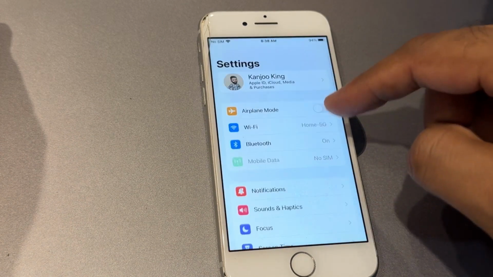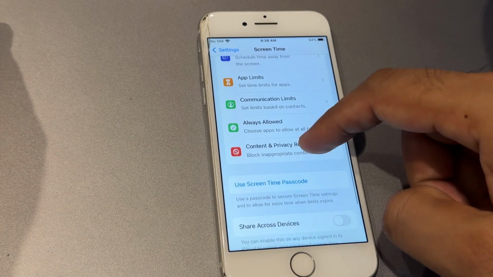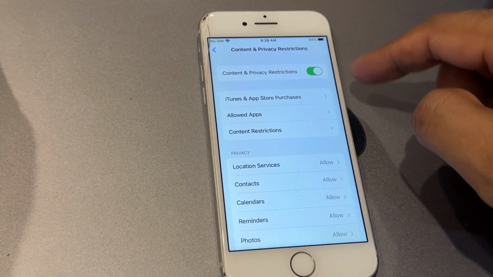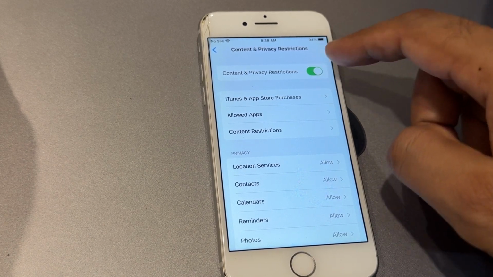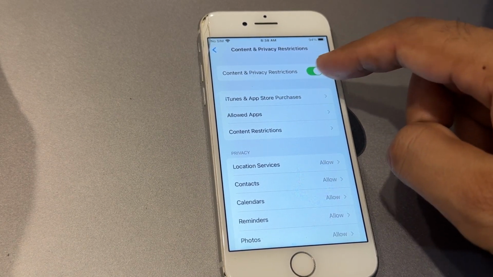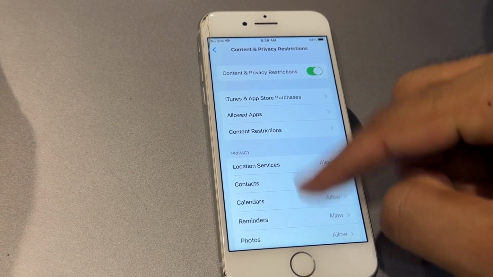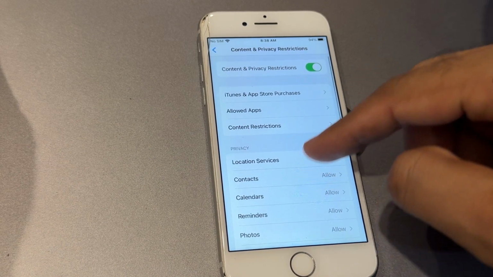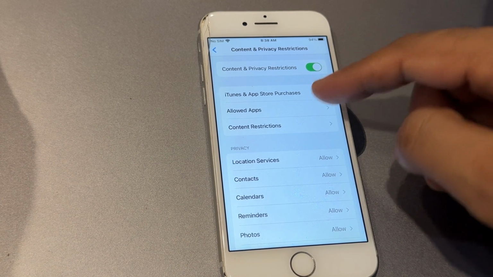Go back to Settings, tap on Screen Time, then tap Content and Privacy Restrictions. Now, if Content and Privacy Restrictions is turned on at the top, tap into it and let's check a couple things. First, scroll down and make sure installing apps, deleting apps, and in-app purchases are all set to Allow. And then, this is the key part, look for the Require Password heading and make sure it's set to Don't